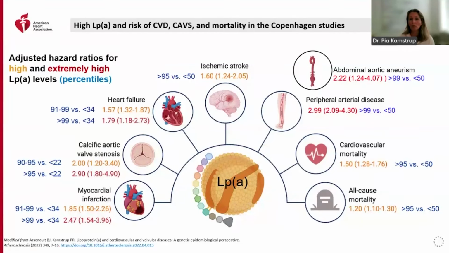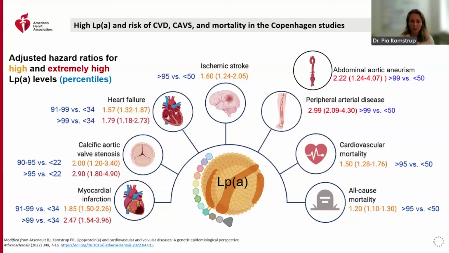Now, we have used large Danish general population studies to examine the associations of high Lp(a) levels and corresponding LPA risk genotypes determining high levels with risk of morbidity and mortality. While the highest risk estimates have been found for myocardial infarction and calcific aortic valve stenosis, and as summarized on this slide, high Lp(a) levels additionally associate with increased risk also of incident heart failure, ischemic stroke, abdominal aortic aneurysm, and